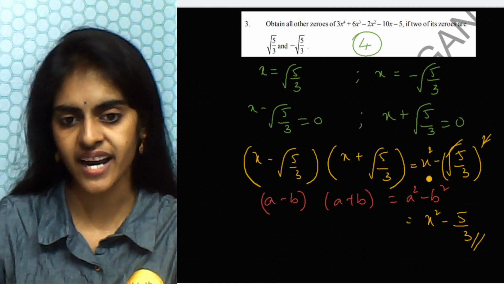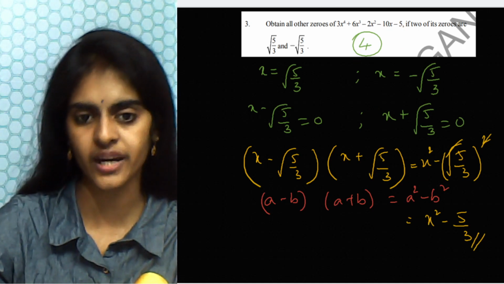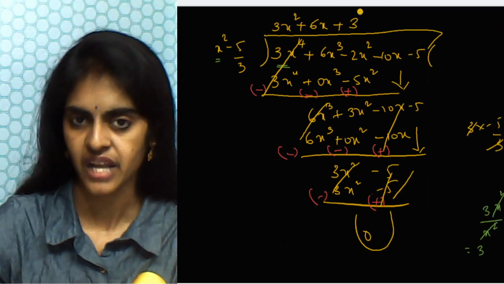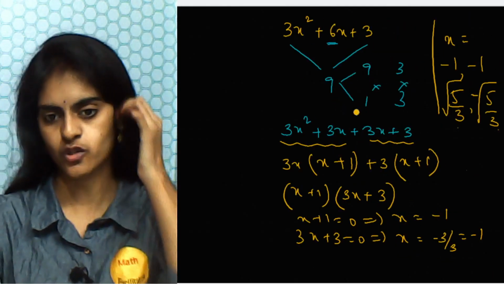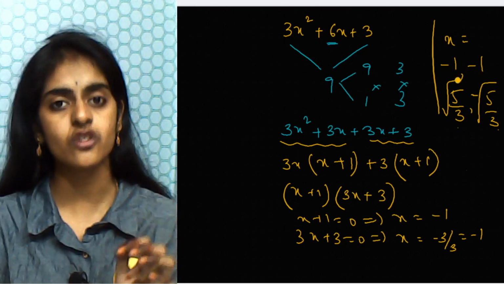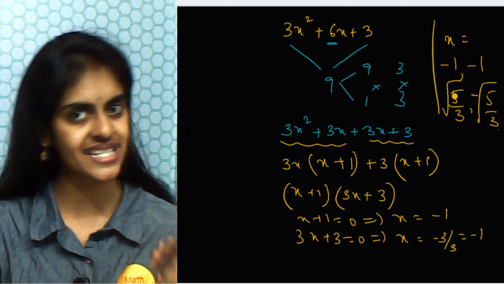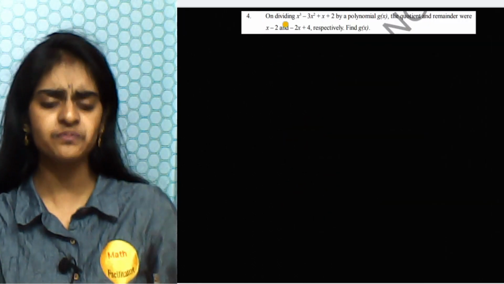Second step is you will divide this complete polynomial with this quadratic polynomial. So you will get a quotient. Now for this particular quotient, you will find the zeros. So this gives you the zeros of the fourth degree polynomial which is asked in the question. Clear? So let us move on to the next question now.